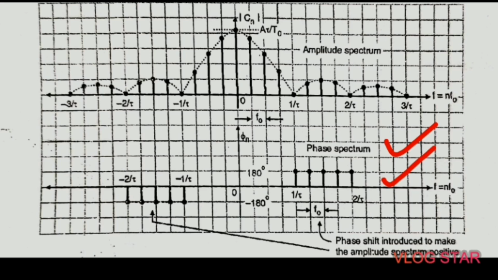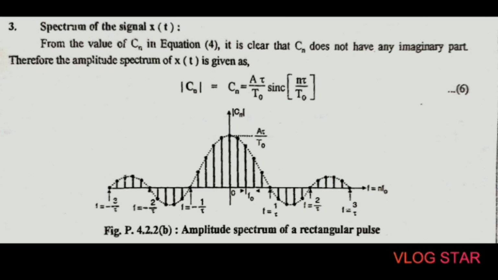There are some important points which are related to the amplitude and phase spectrum of this given figure. The spacing between the adjacent spectral components is f0. Here we can see the spacing, that is nothing but f0. The shape of the envelope of amplitude spectrum, that is mod of Cn, is determined by A, that is amplitude, tau, and f0. The envelope is sinc shaped. Why? Because here the equation is obtained in terms of sinc function. Okay, so this diagram or the figure will show the sinc shape.